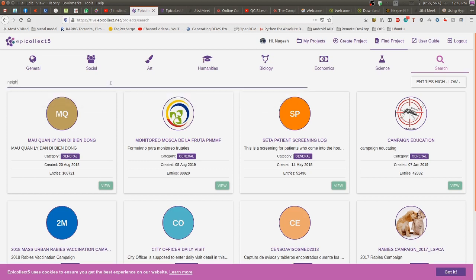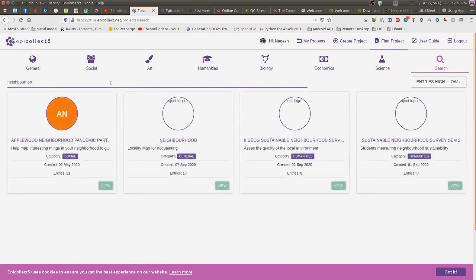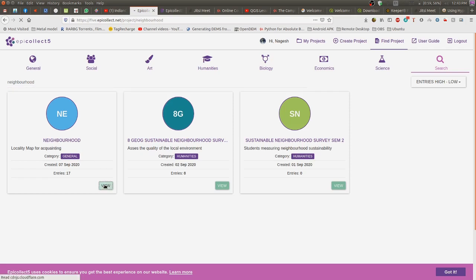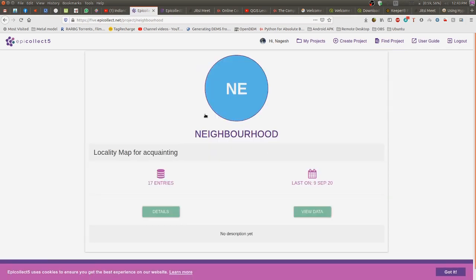It is neighborhood. Let us see whether it is coming. Yeah, this is the one, neighborhood. Let's go to view, and it is showing there are 17 entries in this database. View data.